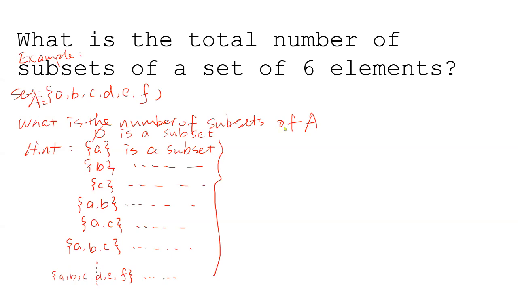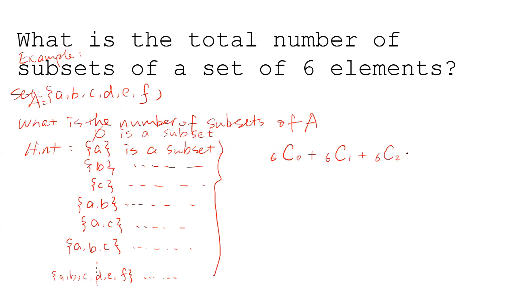All right, have you finished? Okay, let's try to calculate the total number of subsets, okay? If the subset has no elements, how many subsets are there? We have C(6,0), right? That means you choose 0 elements from the 6 elements of A. And if the subset has only 1 element, how many subsets are there? That means you choose 1 element from the 6 elements in A. Such a set is a subset of A, right? And if the subset has 2 elements, how many subsets are there? Of course, there are